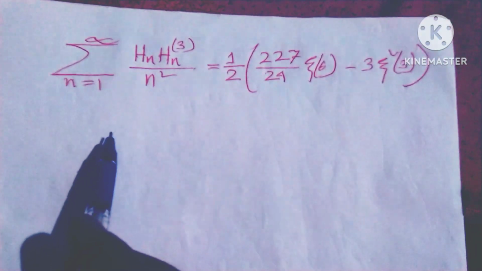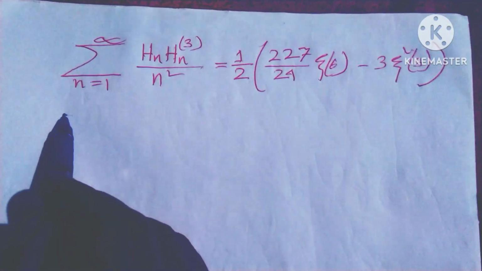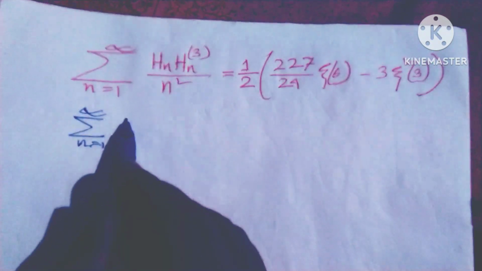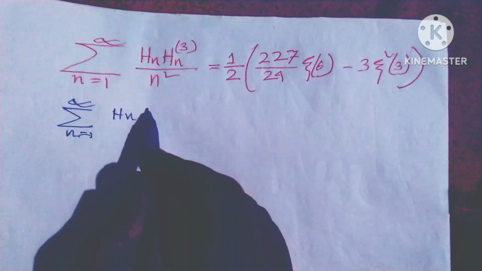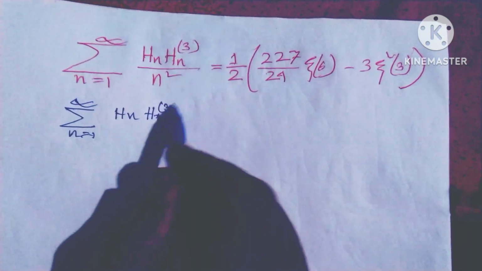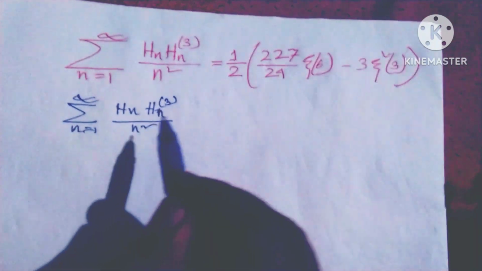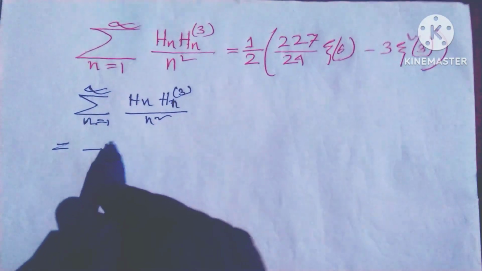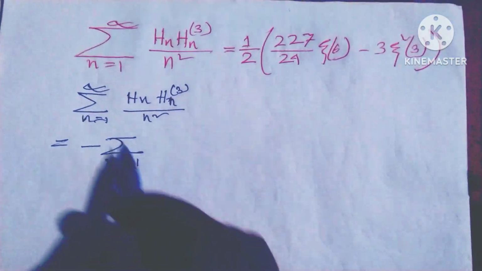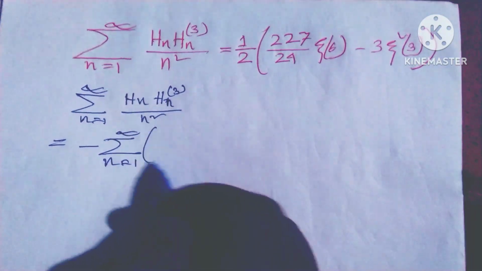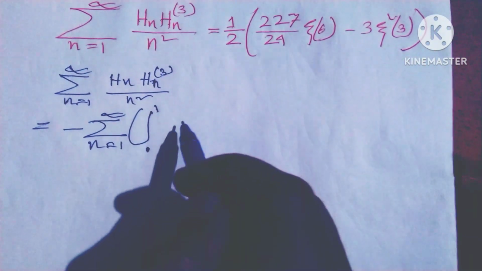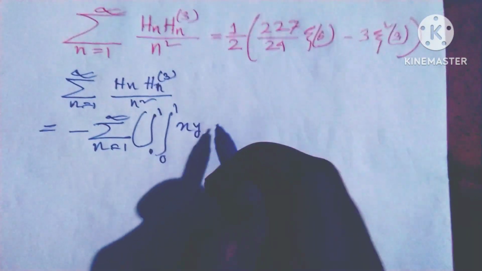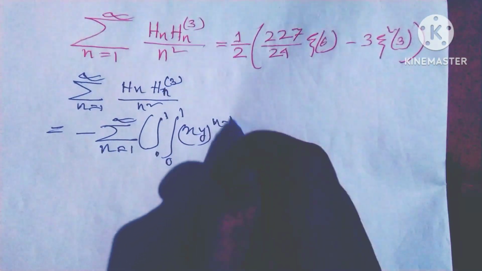Today's discussion is the harmonic series generalization. The sum from n equals 1 to infinity of H_n cubed divided by n squared can be written as minus the summation from n equals 1 to infinity of the integral from 0 to 1 and 0 to 1 of (xy) to the power n minus 1